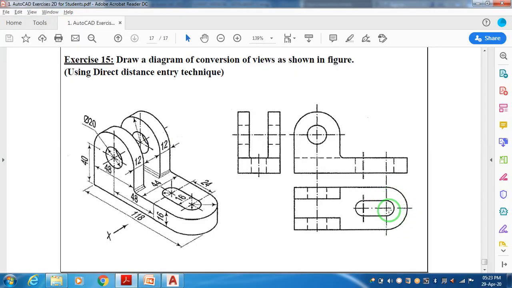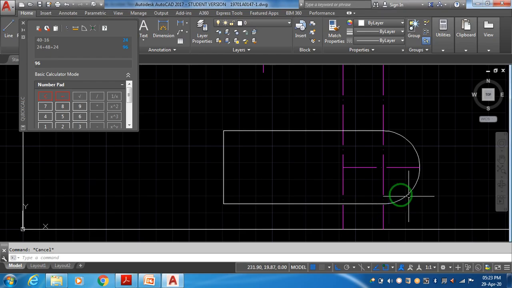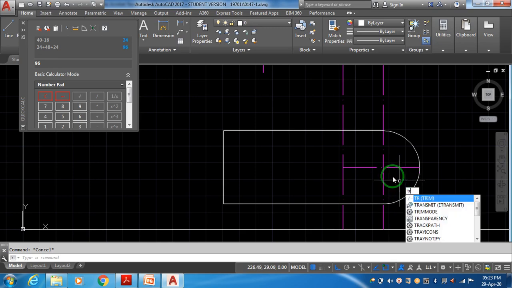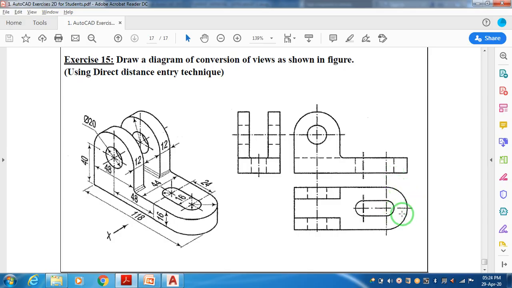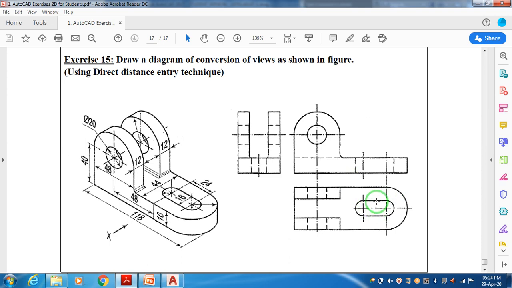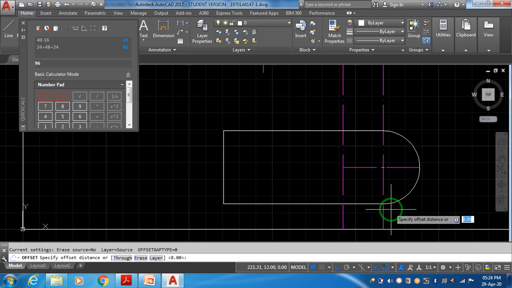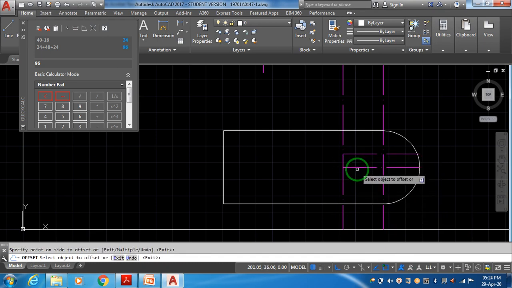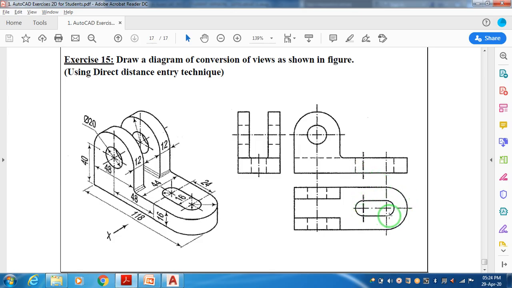But thing is that we have to get the width. See, for that what I am supposed to do is, see, it's outside here. What I am doing is offset. Now what is that offset? From center, outside, the top side and bottom side. It's totally 16. 8 bottom, 8 upside. So offset, enter, distance 8, enter, same line, top, bottom, enter. Now this is the width.